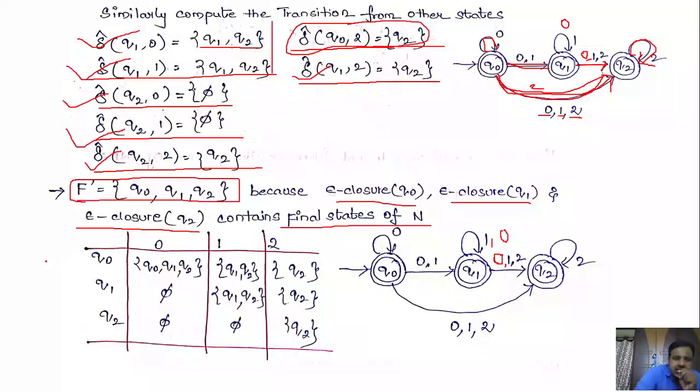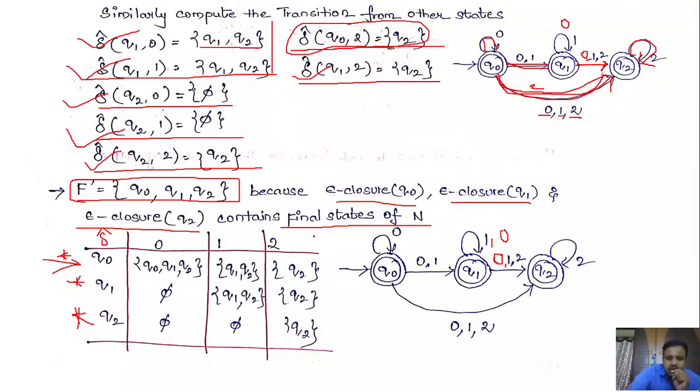So this is the state transition diagram, and this is the state transition table. Okay. So starting state is Q0, final state is Q0. Q1 is also the final state, and Q2 is also the final state. So these are the final states, and these are the transitions. So you could write delta cap. So just try to practice this problem here.